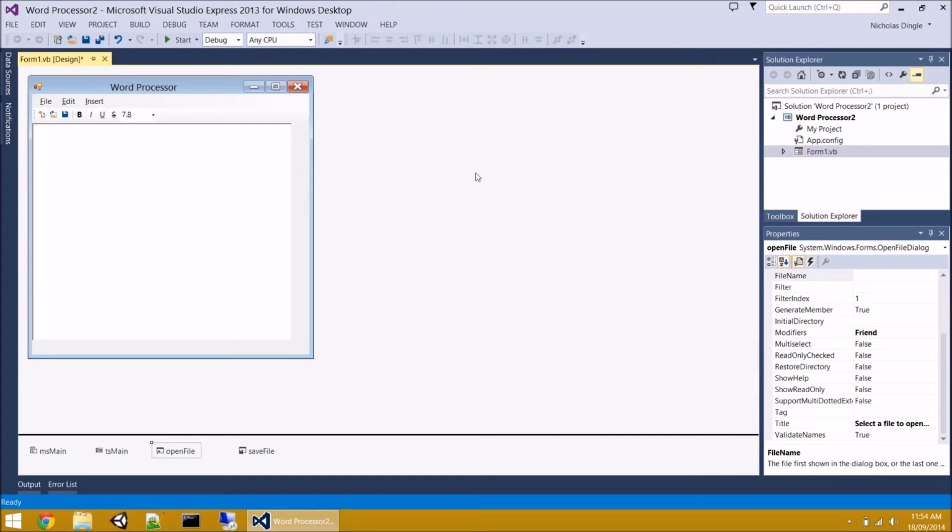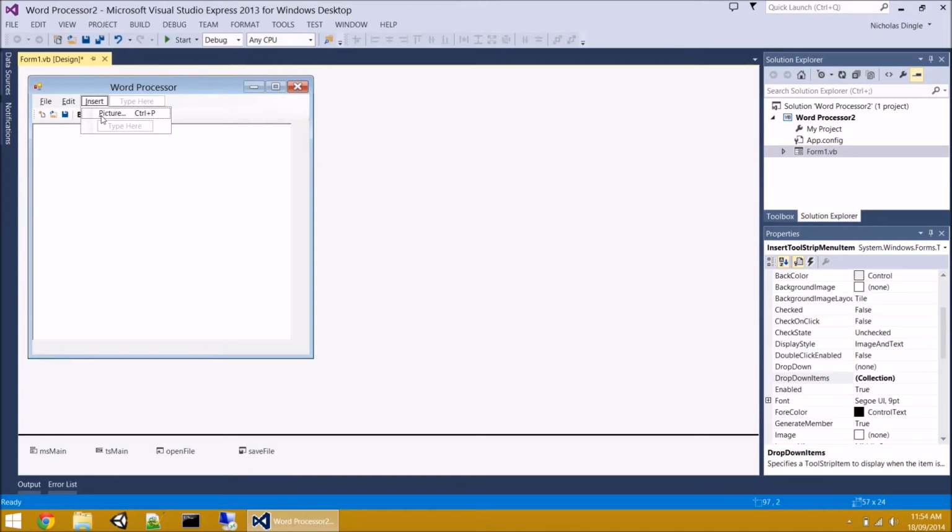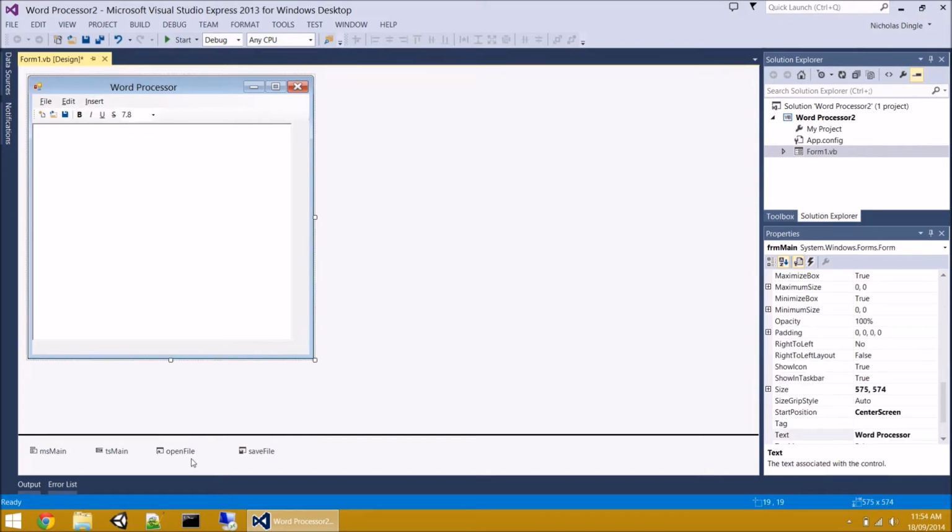But for right now, I think the first thing we should tackle is going to be this insert picture button right here, because we're actually going to make use of the save and open file dialogues massively. So the insert picture is a good way to introduce to people how the open file dialog works. So for the start, I need to set up a few properties for it. So if we come down here and click on open file, which is what I name my open file dialog,